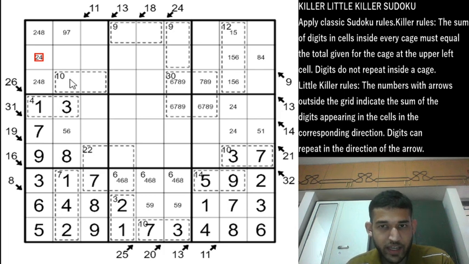Now for the 10 case to be satisfied, it has to either be 1 and 9 or 3 and 7, because 2 and 8 and 4 and 6 are not possible, because 2 4 8 has been locked in these cells. So this is 1 and 9, or a 7 and a 3. Now we have marked a 7-9 possibility here, so this will be 5-6.